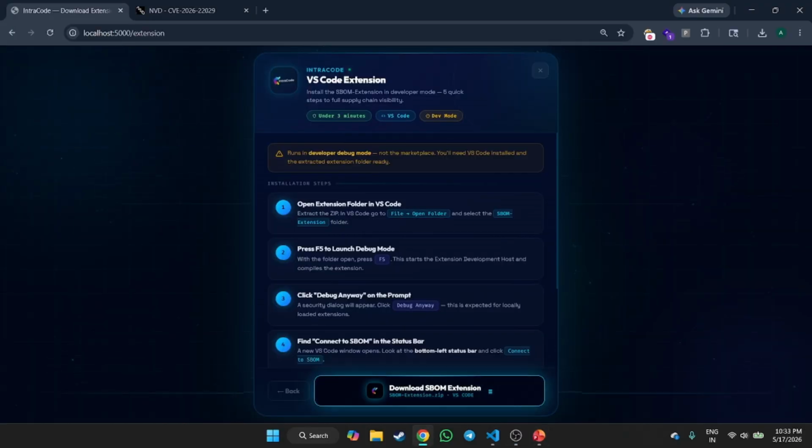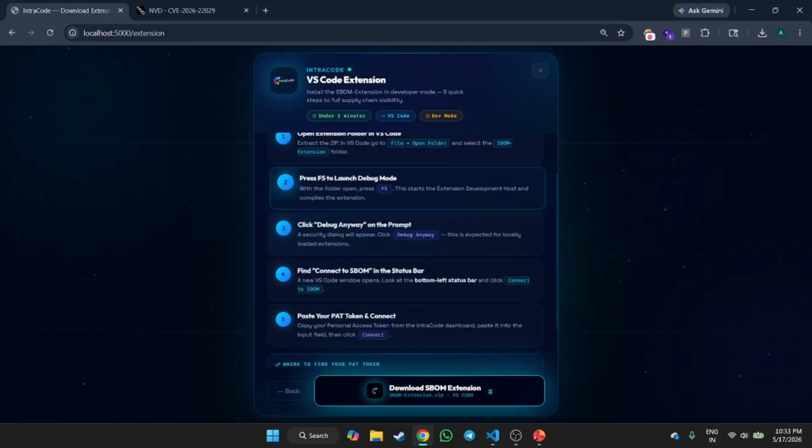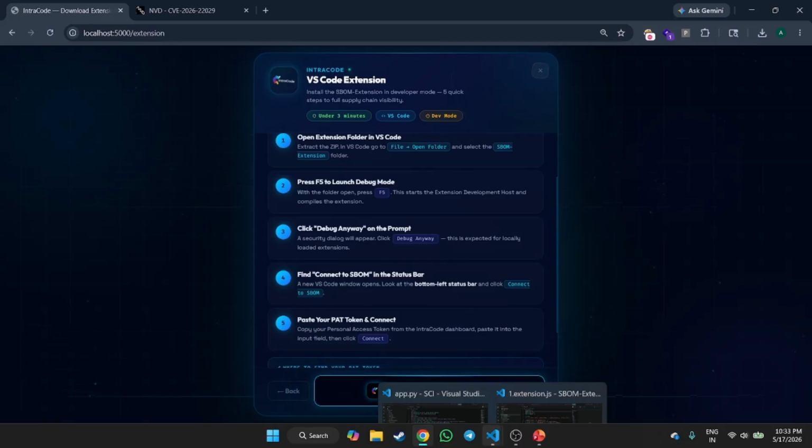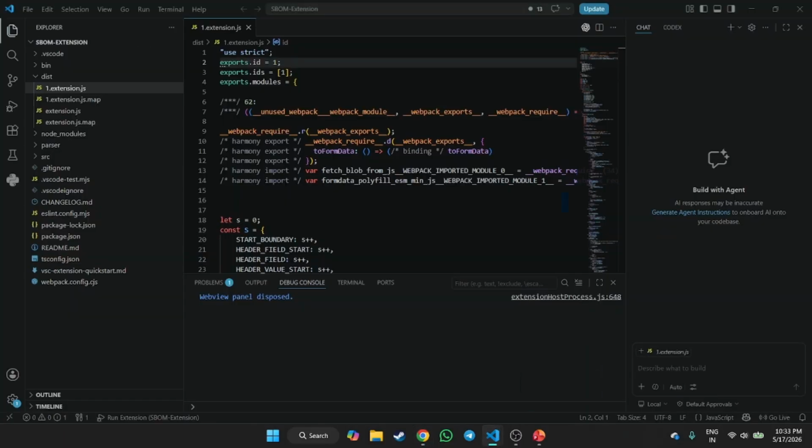So now coming to the last part, that is our VS Code extension. You can download it from here. Now let's follow these steps and see how our VS Code extension works. Coming to VS Code, this is our extension folder. We just have to open our folder and press the F5 button on the keyboard. As I click on F5,